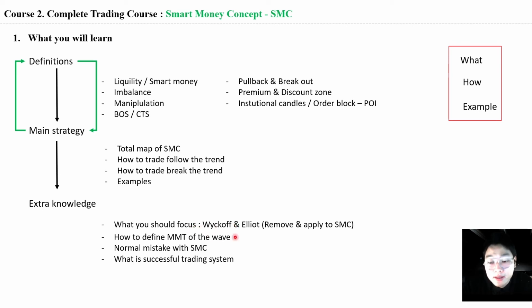And in the extra knowledge, you can understand what you should focus on with the wildcard and alias. This method is too complicated, therefore we should remove it and apply some useful things from the smart money concept in trading. And in the next one, I will guide you on how to define the momentum of the wave. The next one is the normal mistakes when you are trading with the smart money concept, and the last one is what